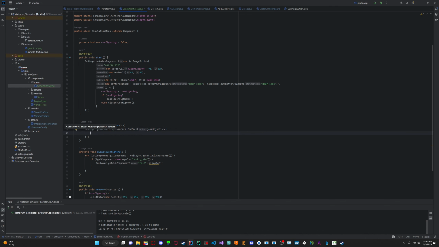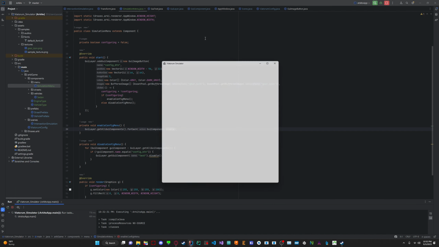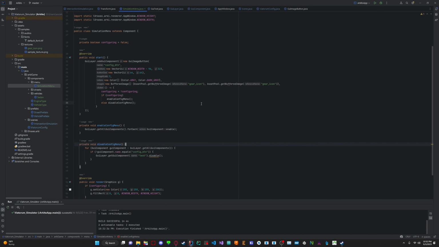I forgot. Enable. Nope. Not called game object. GUI component dot enable. What do you want? Replace with lambda. Yes. Okay. Perfect. Cool. So now,